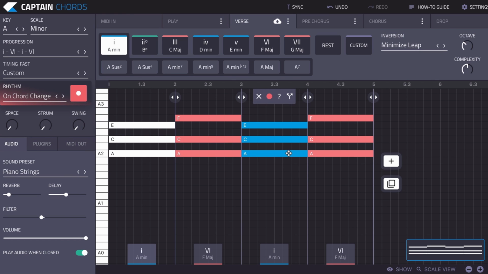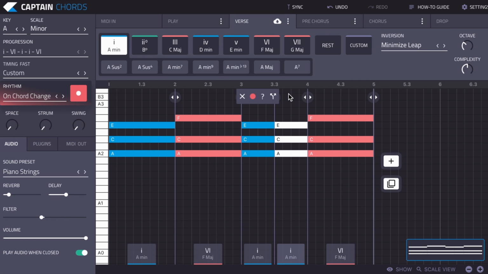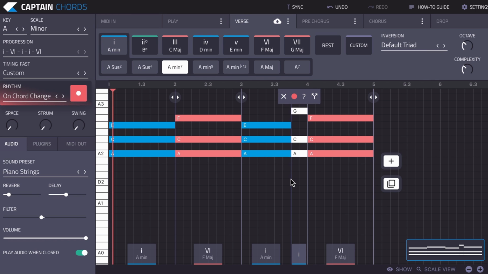Let's say I wanted to make a passing chord between here and here. I could click on this one, split, and then move this part here. And then I could use MIDI editing if I wanted, just to make a change. And that's a passing chord. That's really useful. It gives you a little bit more control over being able to manipulate the chords and move them around.